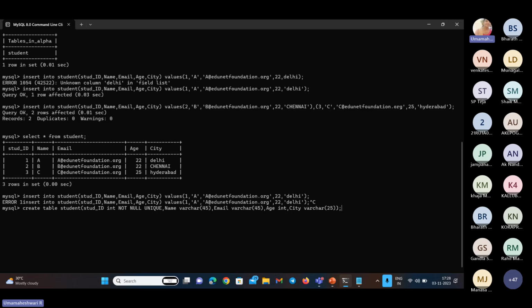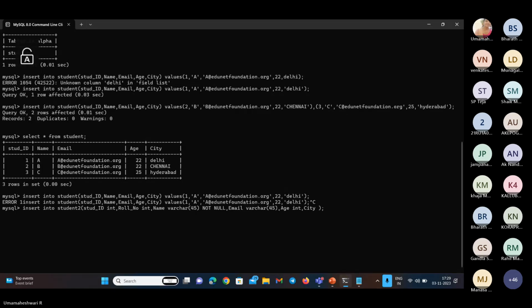Okay, so again I'm creating a table. Let me create the student table as student 2. In student 2, I mention student ID, integer data type, and then roll number, integer, comma, and name, varchar of 45, not null. So the name should not be null. That is why we mentioned name varchar of 45 and email varchar of 45, comma, and age is going to be integer,